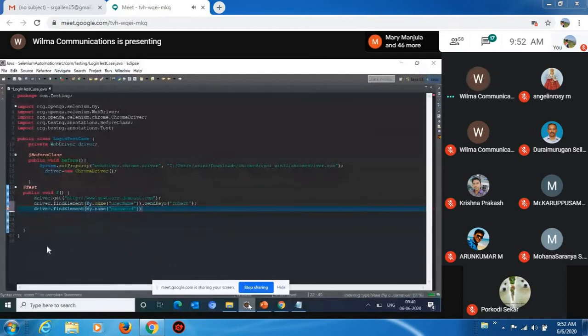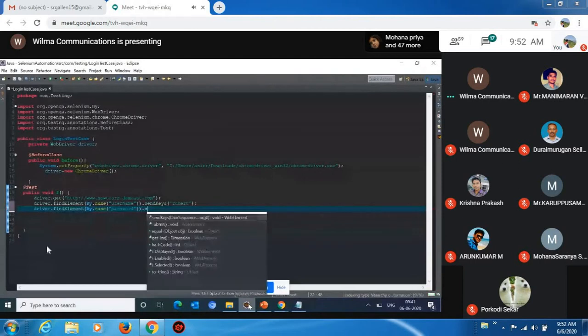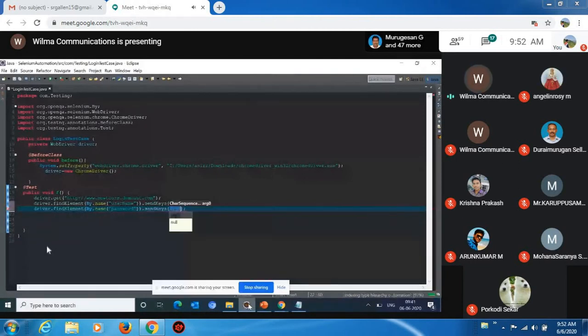Dot sendKeys. And here I need to enter the password, Robert. So username I have entered, password also I have entered.